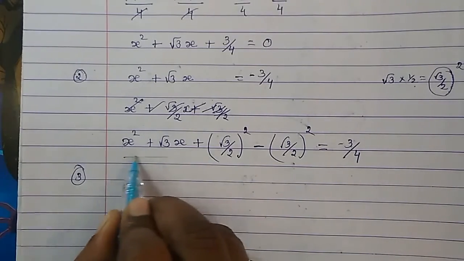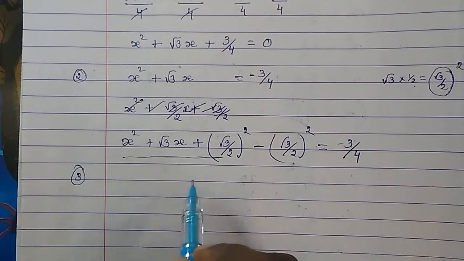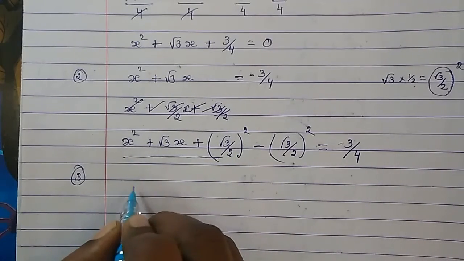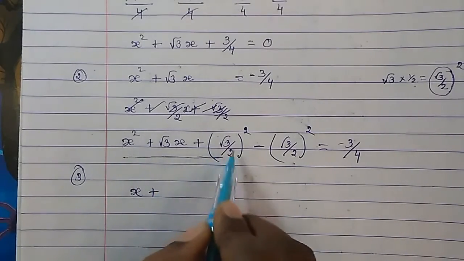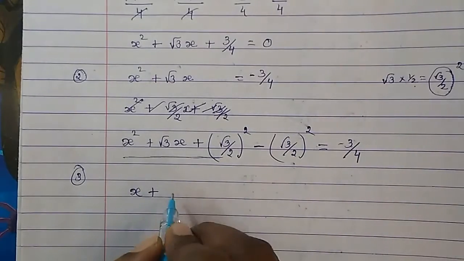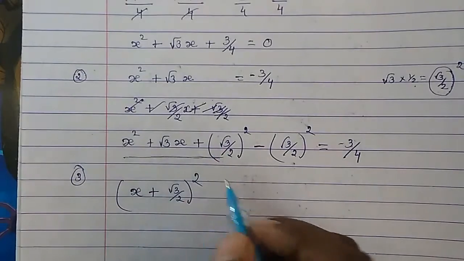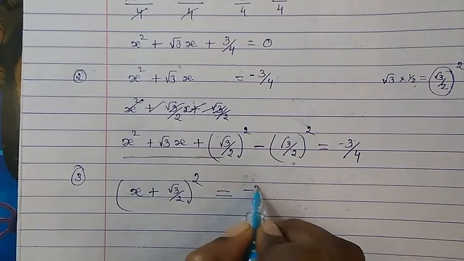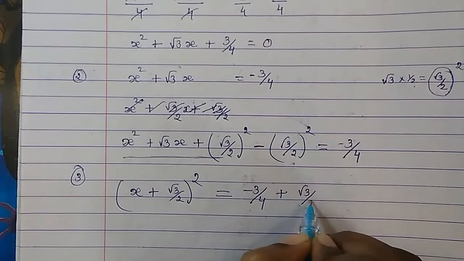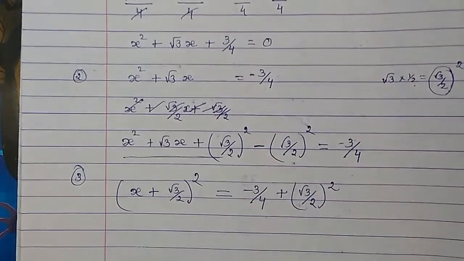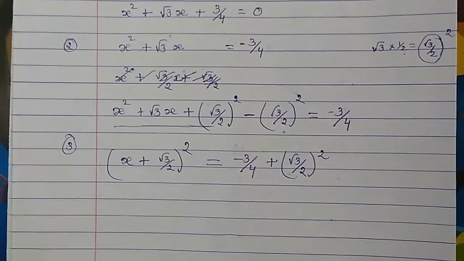Then now third part, what you will do? All these three terms are in the expansion form of a plus b whole square. So what you have to do? First write the first term, everything is plus plus, and the last term, this is your b square. So this whole square. Okay, this you have to remember. Then equal sign, this you will write down. This, when it comes this side, becomes plus. Okay, that's it. This much you have to take care. Now only you have to simplify.